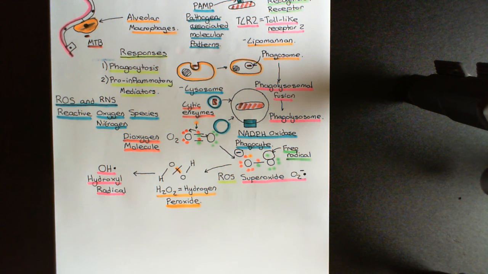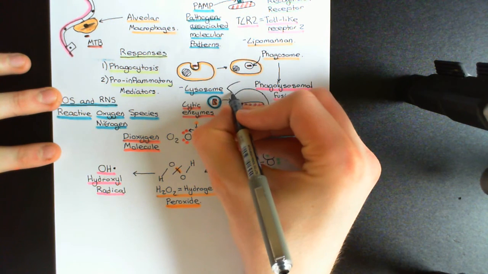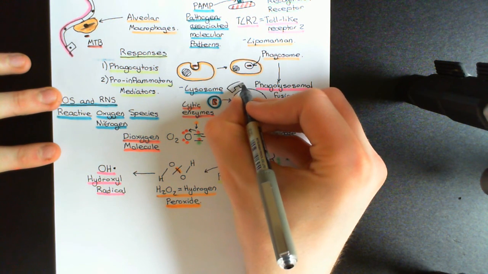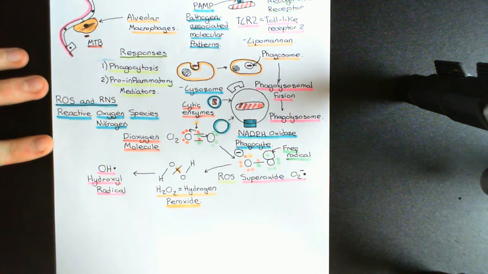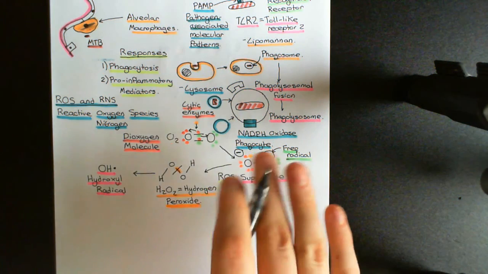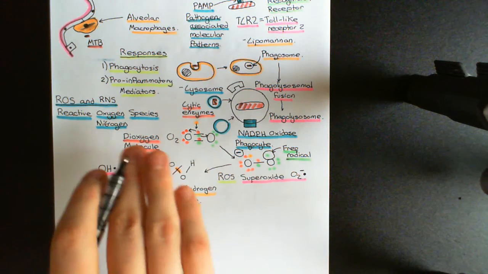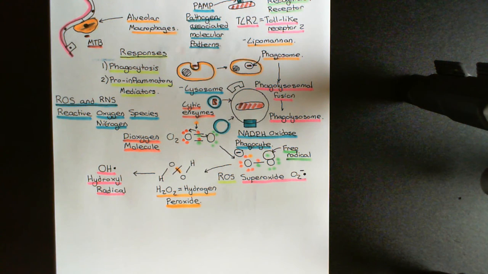Okay, just to make a comment now about reactive nitrogen species. So reactive nitrogen species, just as superoxide is the starting point for the reactive oxygen species, nitric oxide is the starting point for the reactive nitrogen species. So what happens is the activated alveolar macrophages, which have recognized the presence of Mycobacterium tuberculosis and have phagocytosed it into phagosomes, what they try to do, and again I'm repeating myself, but it's worth repeating, all of this that I'm describing to you now, phagolysosomal fusion and the production of reactive oxygen species and reactive nitrogen species to destroy the pathogen,